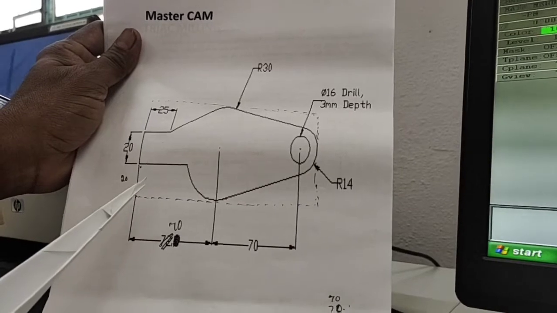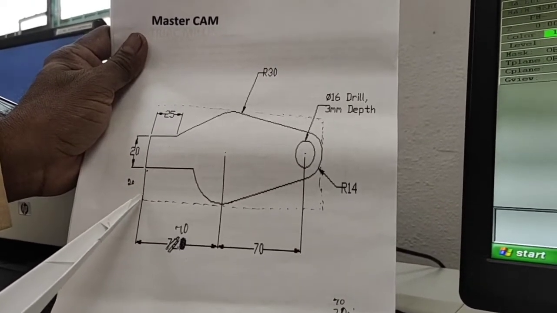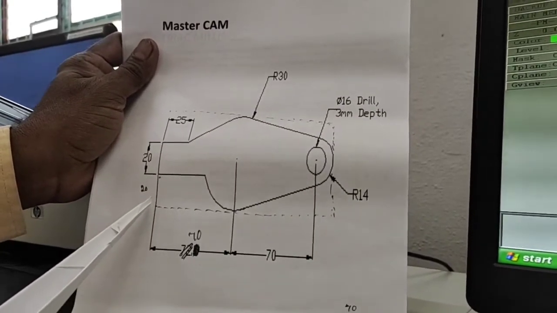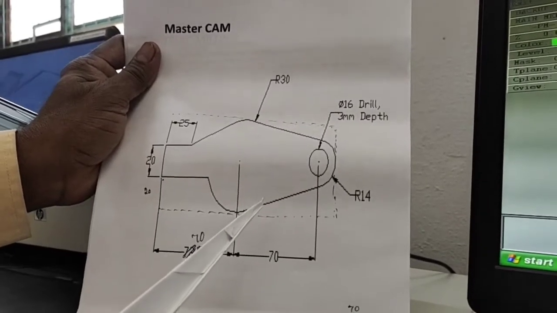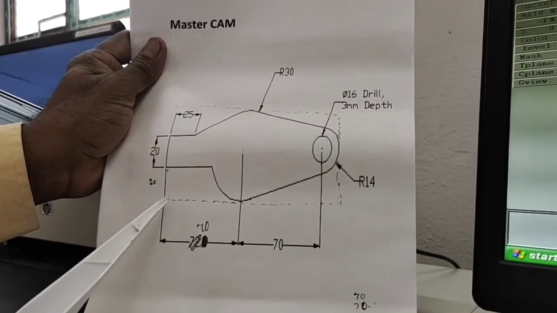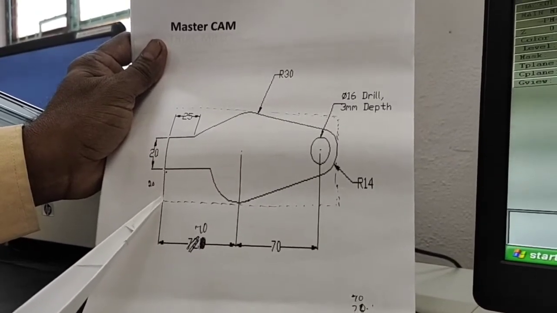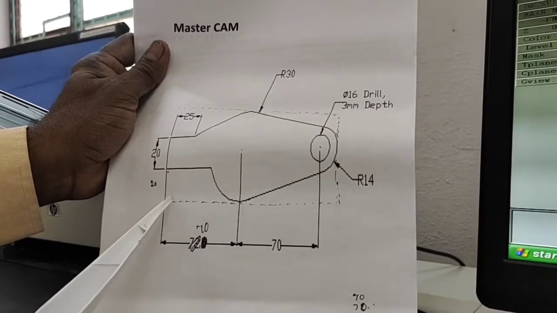We have to define x0, y0 at this point. Normally we calculate from this point to another point. Because we are using the absolute system, this point will be set as x0, y0. From here, if you move the tool to any position, the basis is this line.